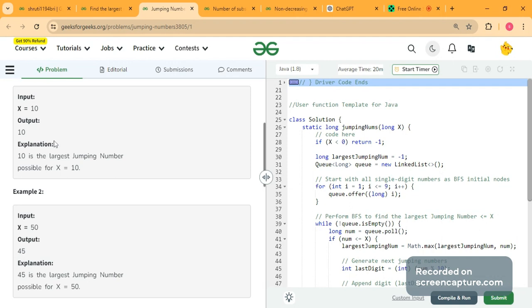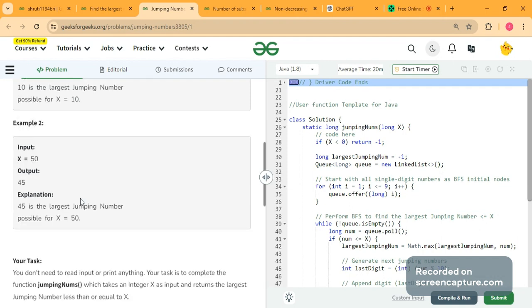But if x is 50, we will check if 50 is a jumping number or not. We can see that it is not, because the digits of 50 have a difference of 5 and not 1. So now we will have to use some algorithm, and we will get that 45 is the largest number which is smaller than x and which is a jumping number.